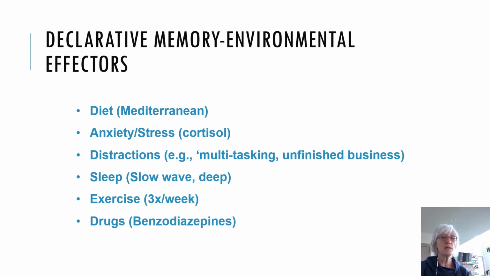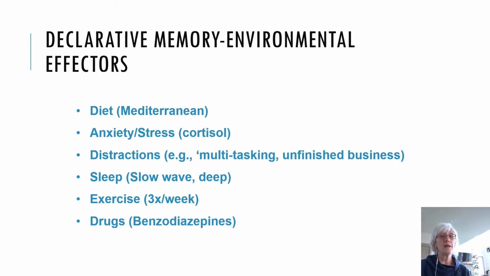Diet certainly plays a role, and specifically they have found that people who ingest a low-fat, high carbohydrate diet, and by carbs I mean vegetables, and not very high in red meat, these individuals tend to have a more robust declarative memory. Anxiety and stress, and specifically cortisol that's released during those times, tends to have a negative impact on our ability to remember facts and events, as do distractions,